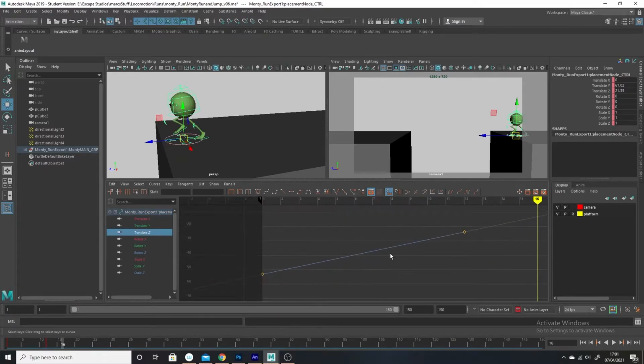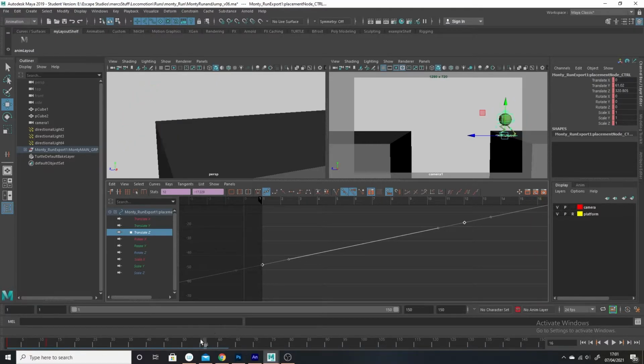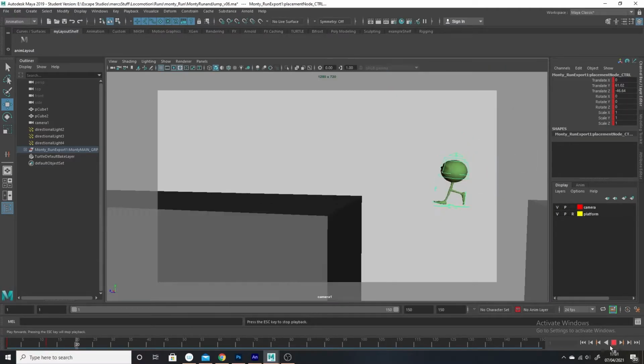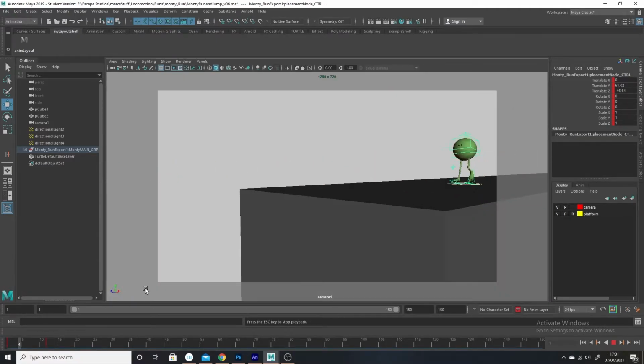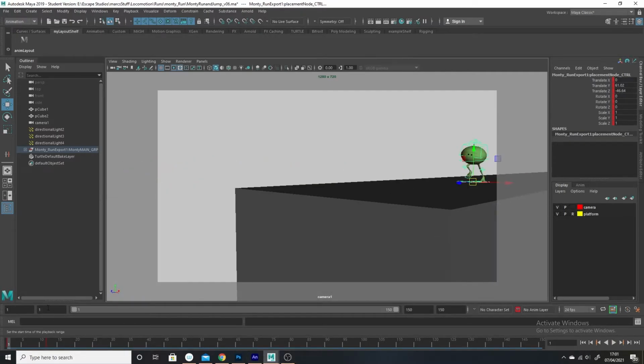So I'm going to grab hold of this line now, and this is the forward translation. I'm just going to put it a little bit further forward. So he's literally just about stepping off here. So then if I go back, we have this. Okay, so let's say that's fine. I'm good with that. What I need to do now is I need to bake out